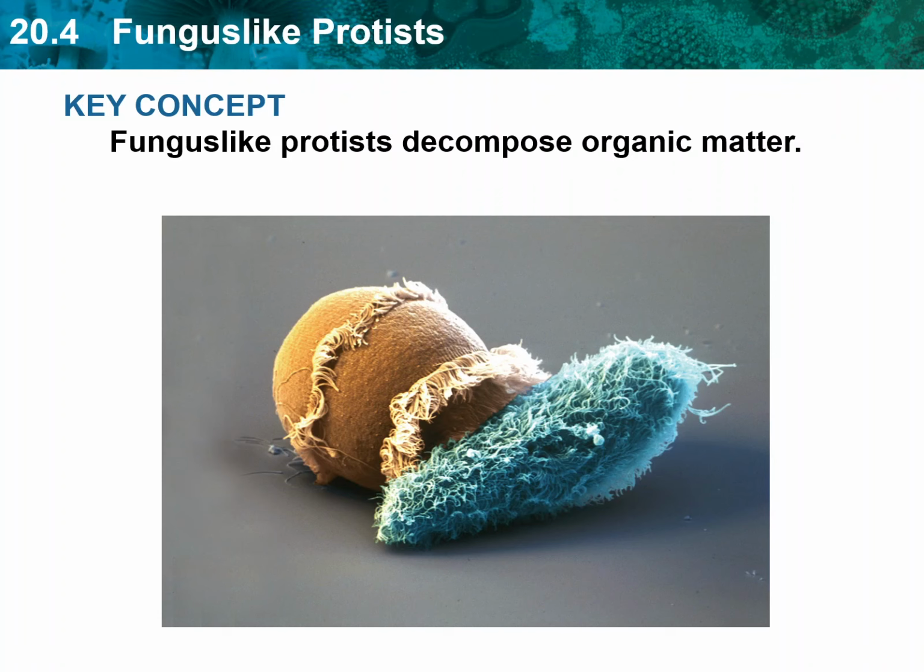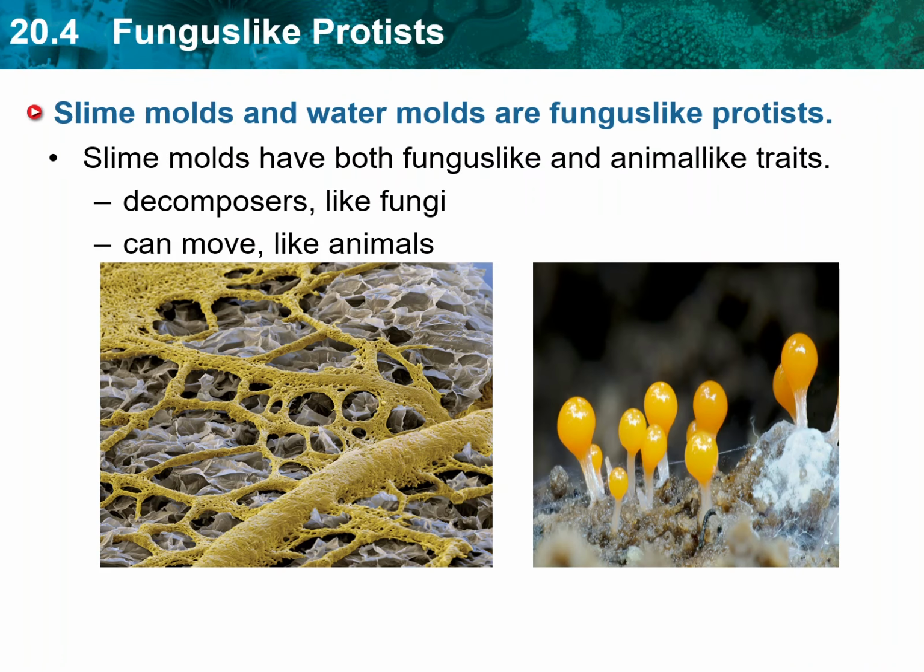Perhaps you have seen a fungus-like protist and didn't recognize it. Most fungus-like protists don't grow large enough to scare people. In fact, some you can barely see. As decomposers, fungus-like protists play an important role in ecosystems by recycling nutrients such as carbon and nitrogen back into